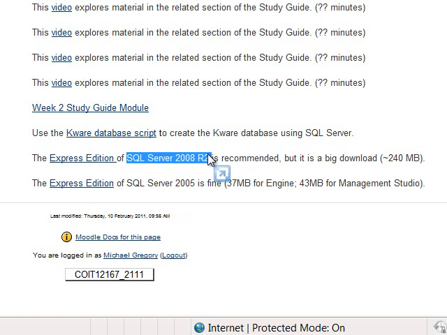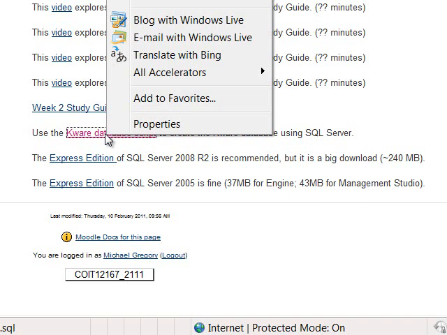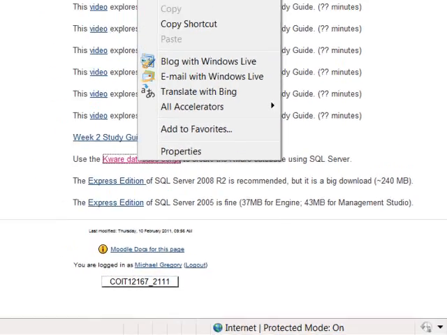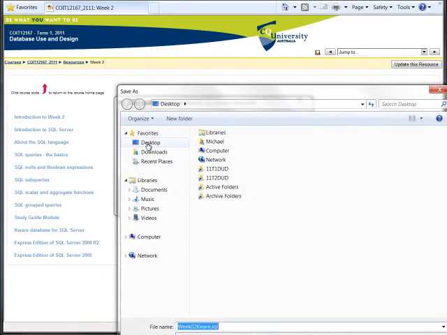Now we've got links to a couple of editions of the SQL Server Express. SQL Server 2008 Release 2 is recommended, but the download is a little bit bigger, 240 megabytes. So the SQL Server 2005 edition is fine for our purposes. The database engine is a 37 megabyte download, and the database development tool, SQL Server Management Studio, is 43 megs, so a little bit smaller. Once you've downloaded and installed one of those versions of SQL Server, you pick up this script file. So I'm going to save the script file to my desktop,